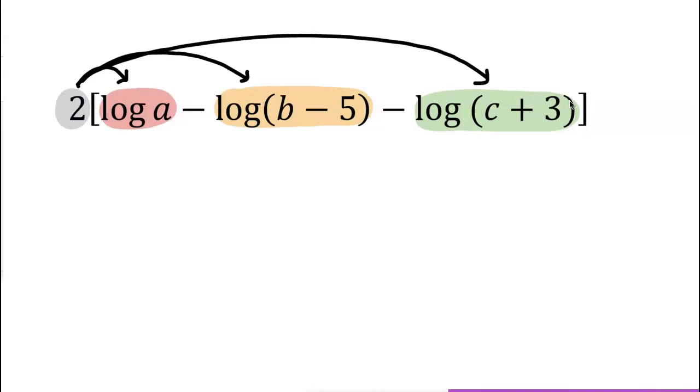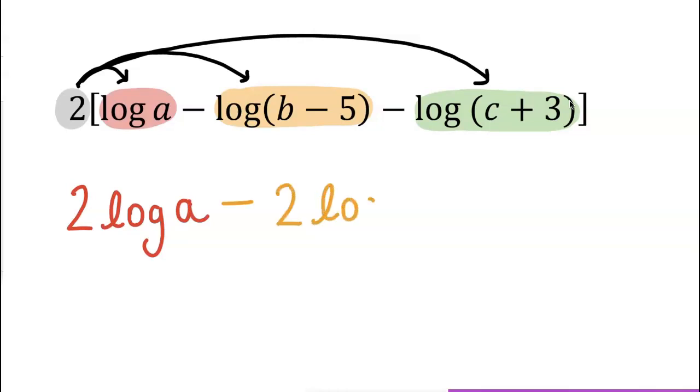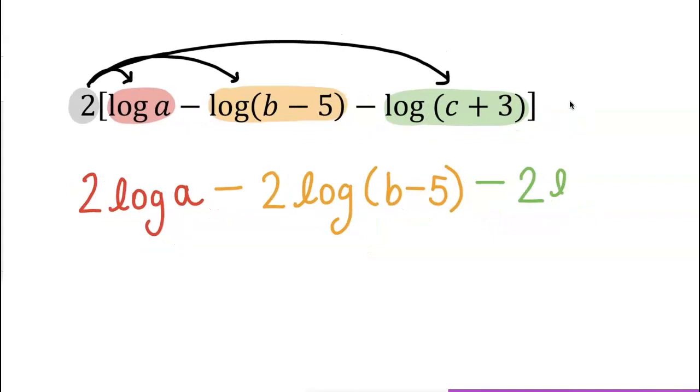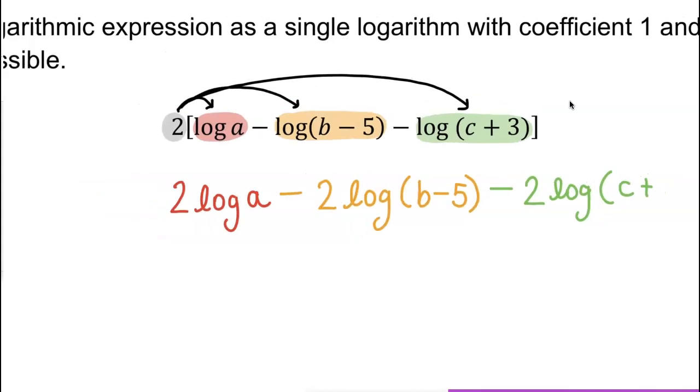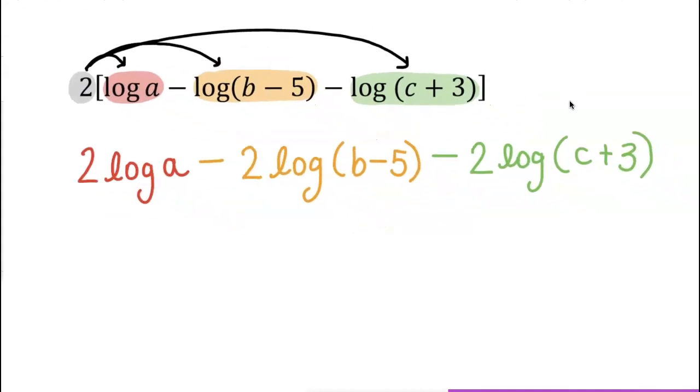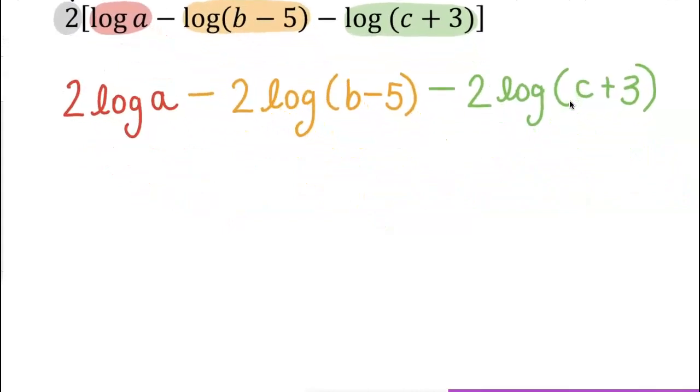So here we have 2 log A, minus 2 log B minus 5, next, minus 2 log C plus 3. Zoom out. All right. After that, we're going to make those 2's in front of all these terms,